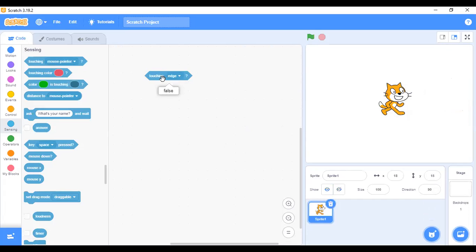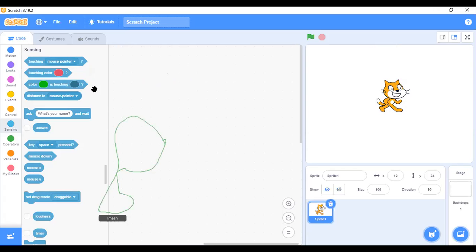That means it is not touching the end at the center of the stage. But if you move it up and you click on touching edge, it will change to true. So this particular code is working. That's that about that. But don't worry, the better way for you to understand all these things is when you